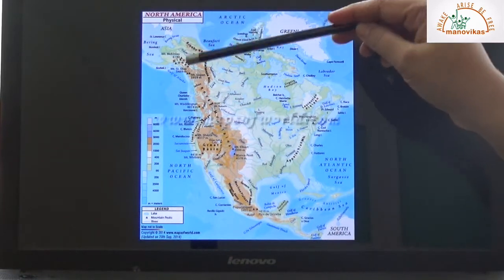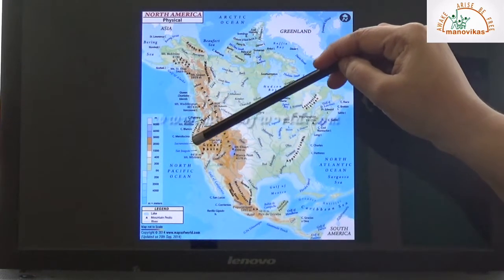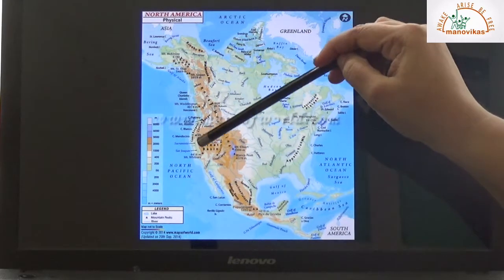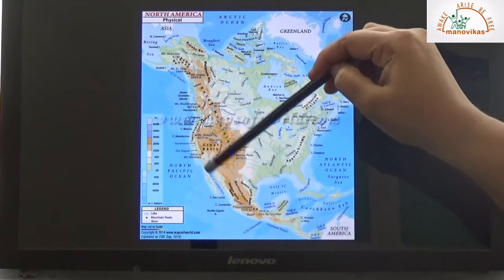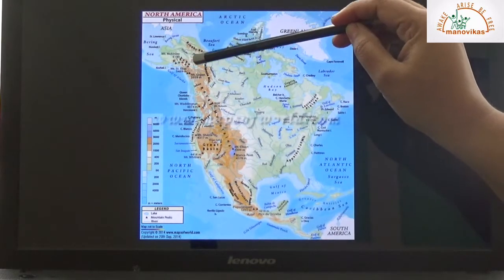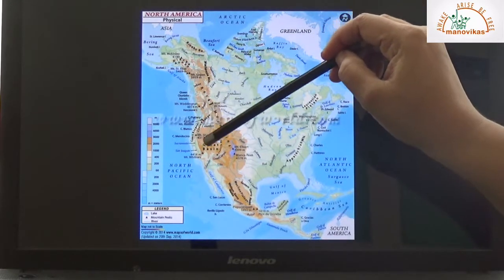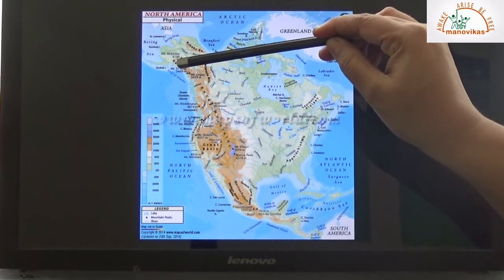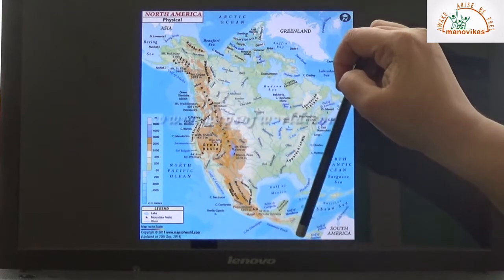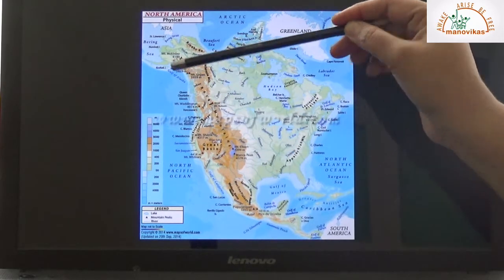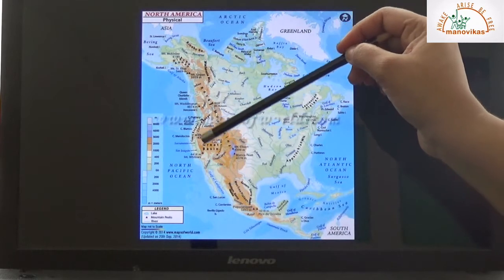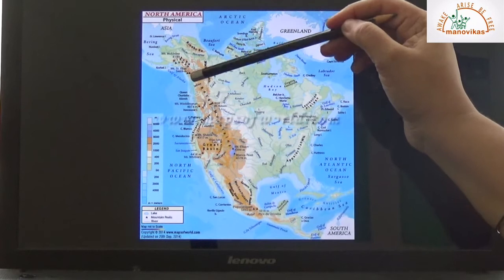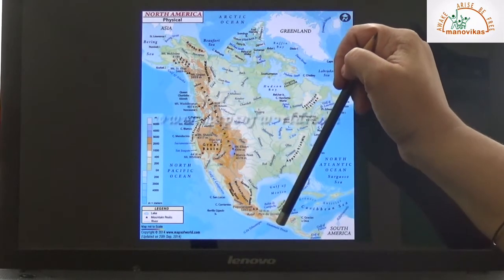Now you have a map. We were talking about the Pacific Ring. So this particular area, which is the west coast of North America, is the border or part of Pacific Ring of Fire. So you have mountain peaks which are the volcanic mountain peaks. Some of these mountains are active in nature as it is a part of Pacific Plate, which is active in nature. So in some places you have active mountain ranges, and in other places you have the extinct and dormant volcanoes.